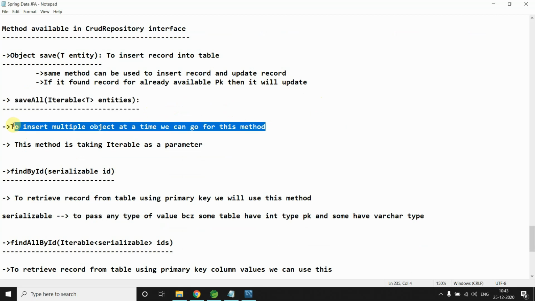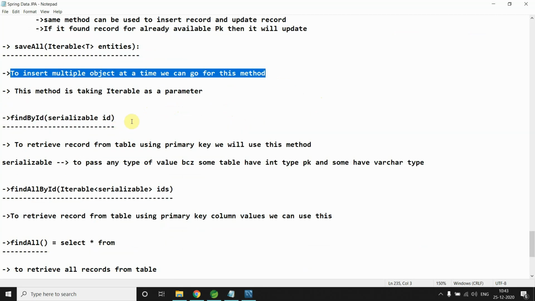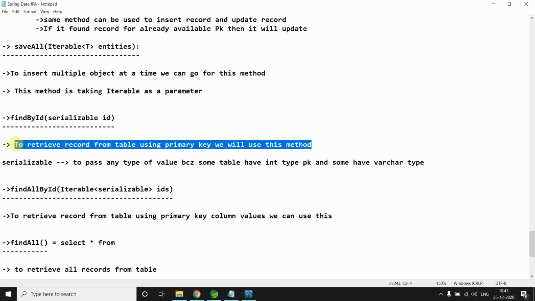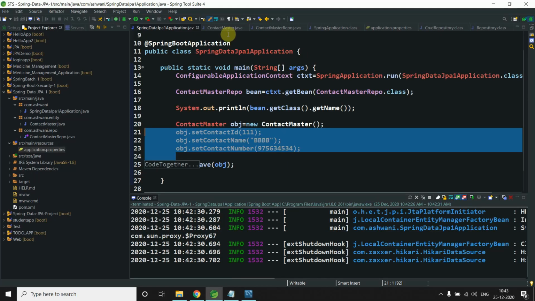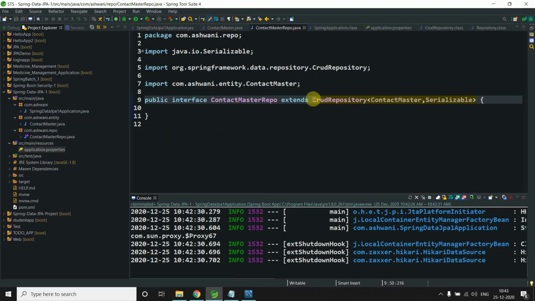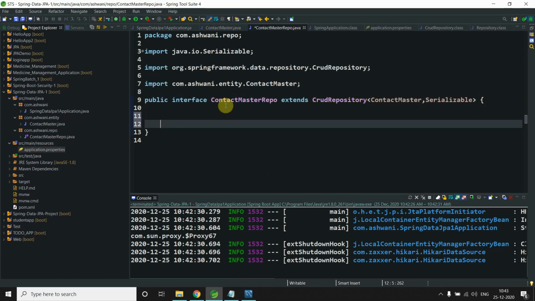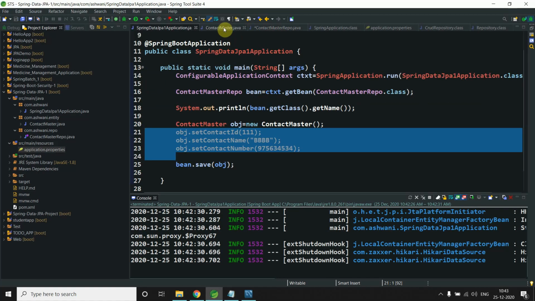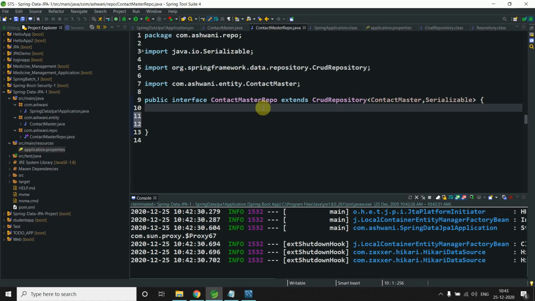We can go for this. Okay, we want to insert. We have findById. If you want to find something by ID or by name, you don't need to do anything. Let me show you. This is your own method, so I will say findById. So let's suppose this is findById, a predefined method, so let's call it here only. I don't want to make any method by name or something.